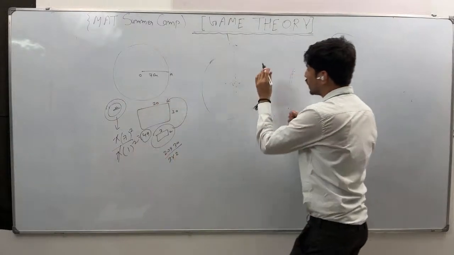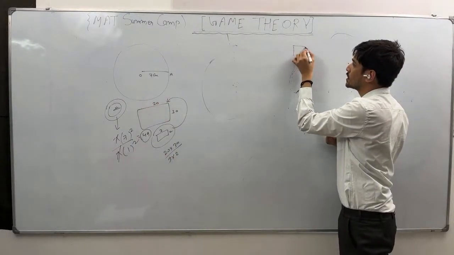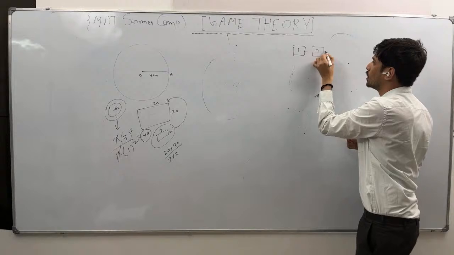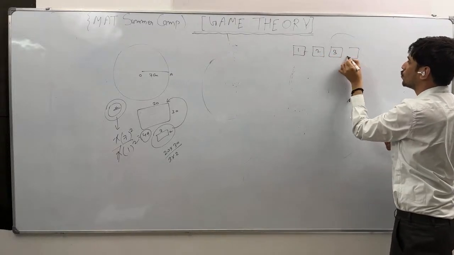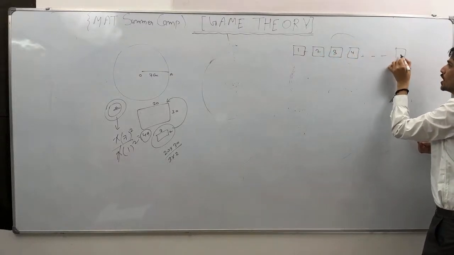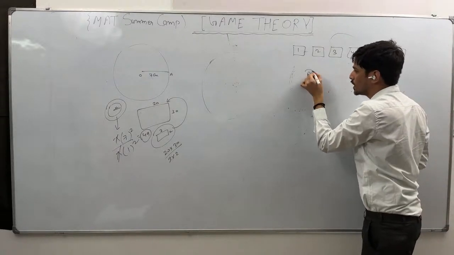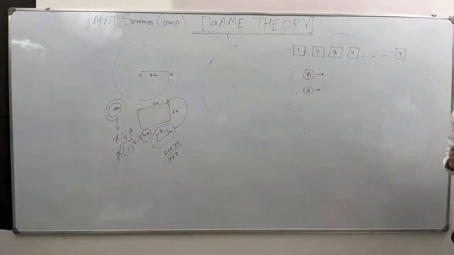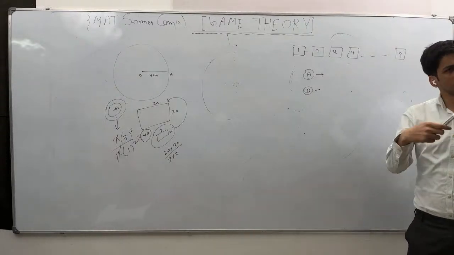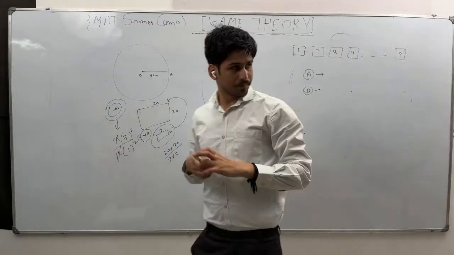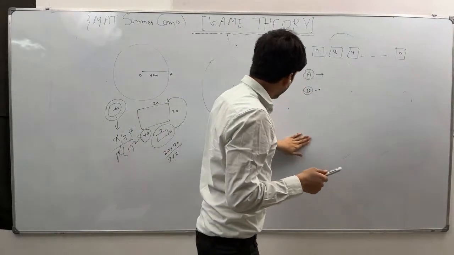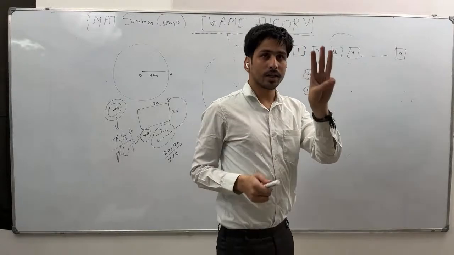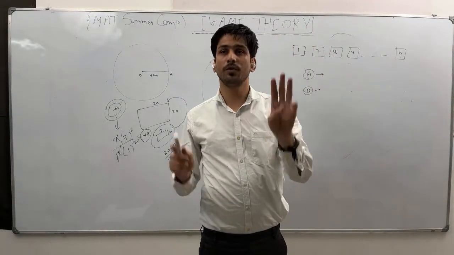Let's say there are 9 cards, on which 1, 2, 3, 4, up to 9 is written. And let's say there are two players, A and B. First A will take one card, then B will take one card, then A will take, B will take, and so on. The question is: whoever first gets 3 cards such that the sum of the 3 cards is 15 will win the game.